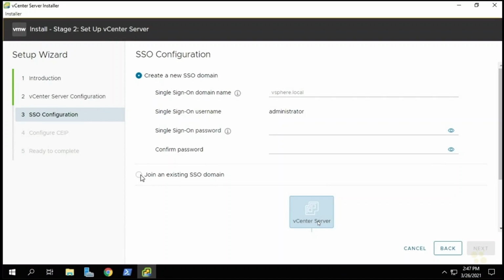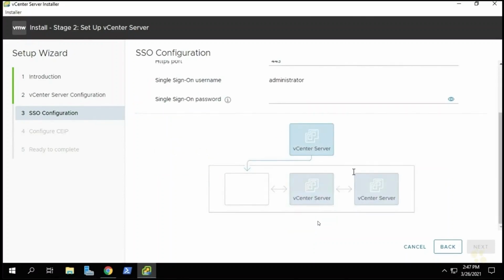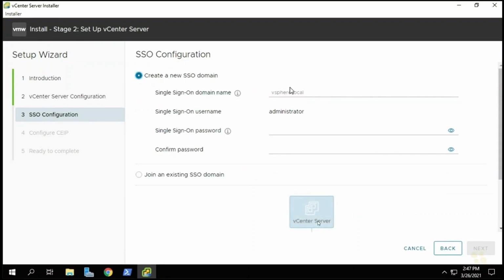If we were joining an existing single sign-on domain, let's say we have 2 vCenter servers and we want to be able to log in one time and then manage everything, we could just join an existing one. So you specify the vCenter server that's already in that single sign-on domain. You specify the password for that administrator, and that would have you join that existing single sign-on domain. But for us, we're going to create a new one because it's a brand new install,